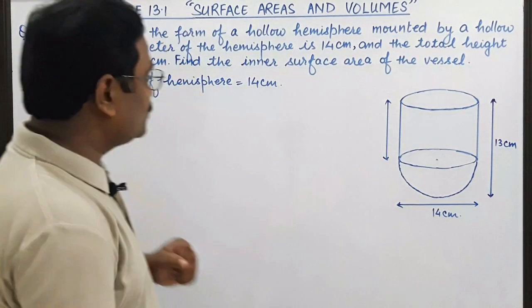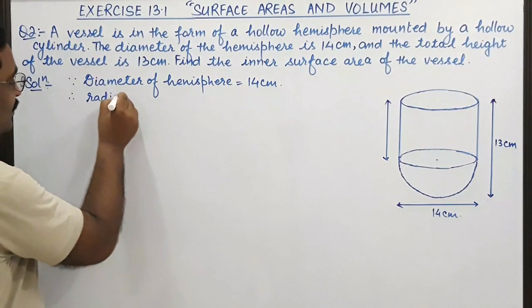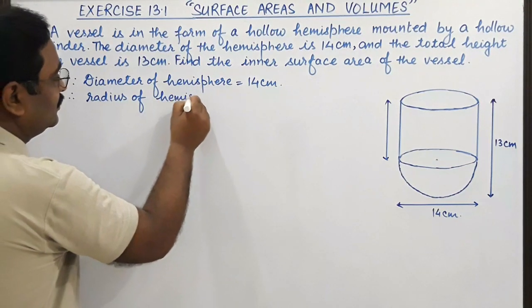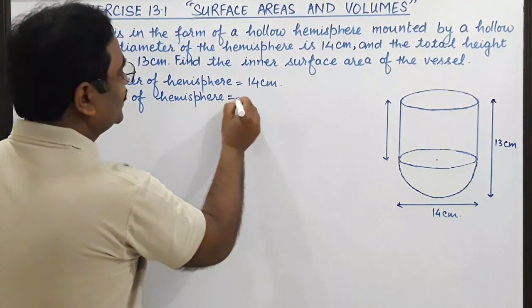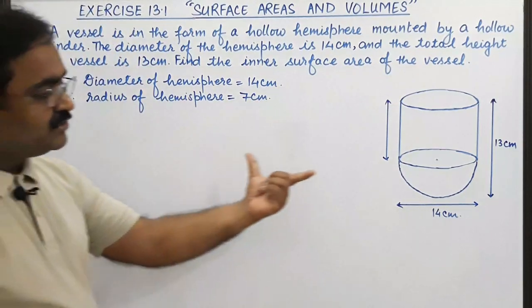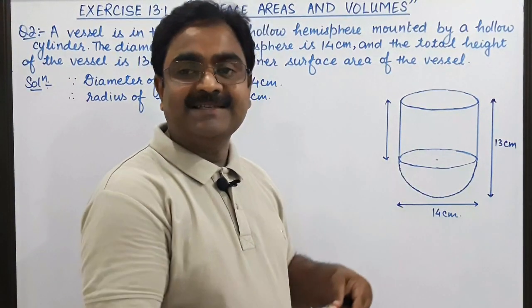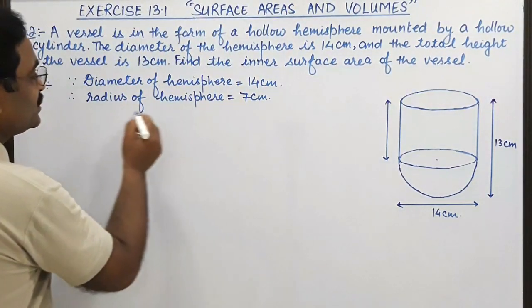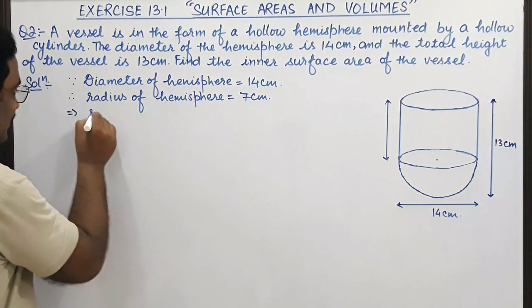And the radius of this hemisphere is half of this diameter, which is 7 centimeter. As the radius of the hemisphere is known, the radius of the cylinder will also be the same, because they are mounted on each other, which means their bases are the same. So the radius of the cylinder is also the same,